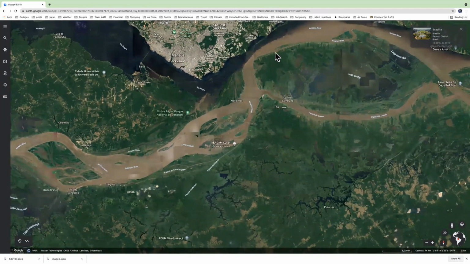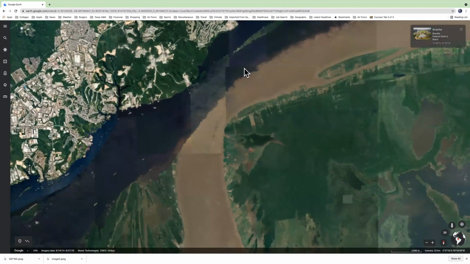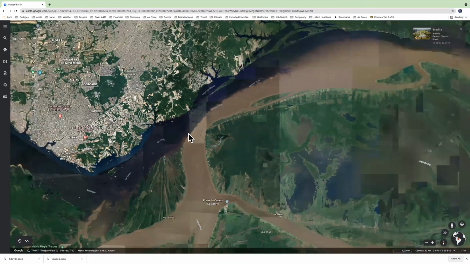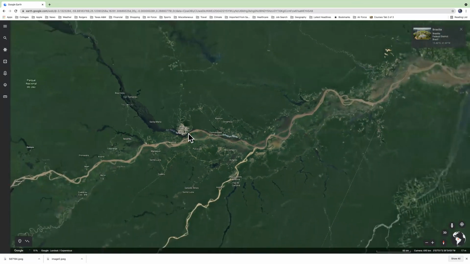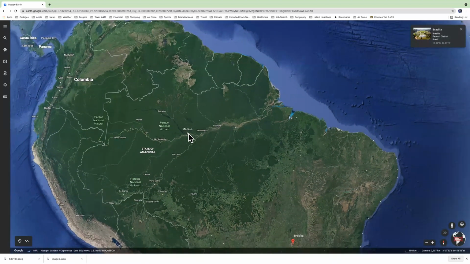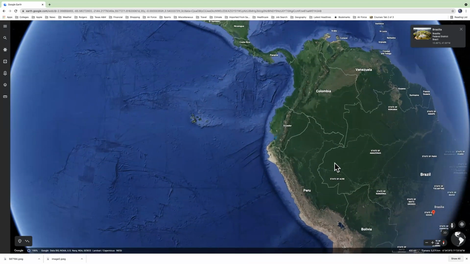Here you can see how the water of the Amazon blends in with the water of the Rio Negro, and it creates a very unique look. You can see that really well using Google Earth. Google Earth is not perfect. It's not real time, obviously, but it is a very, very useful tool that I hope